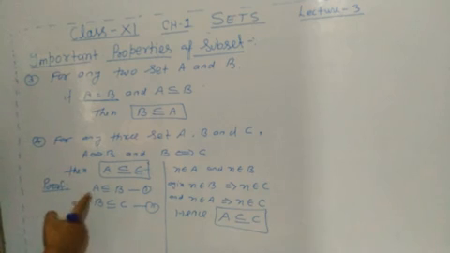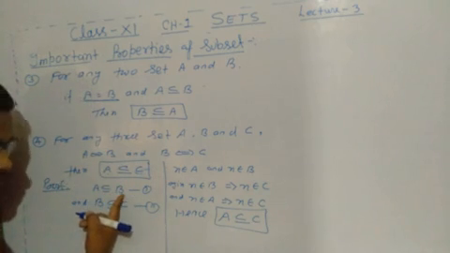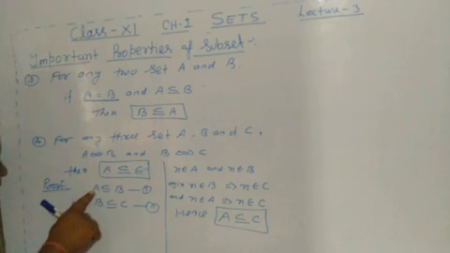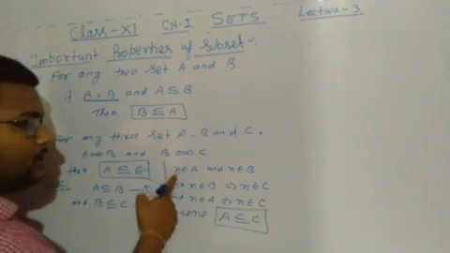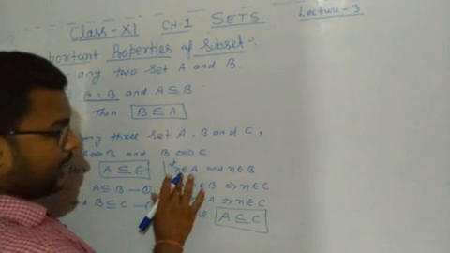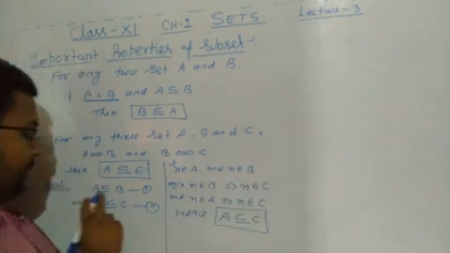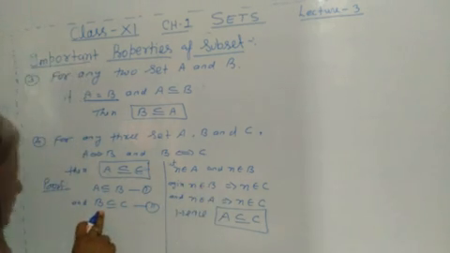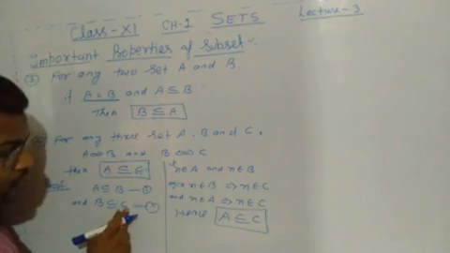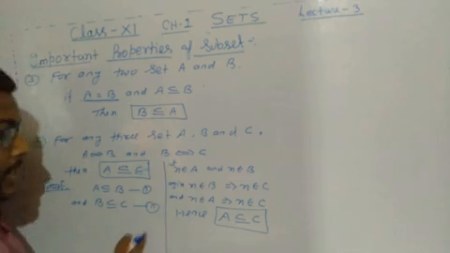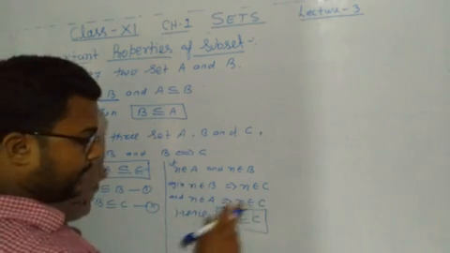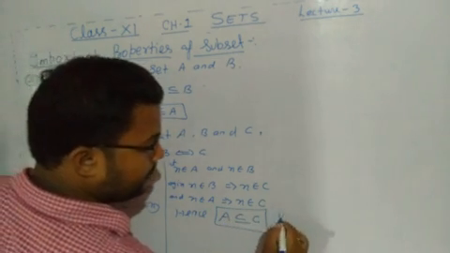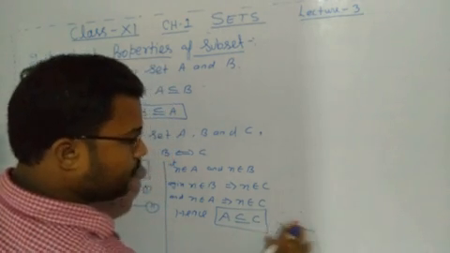Again, let's prove that A equal to B means A is a subset of B and B is a subset of C. The first and second mean each and every element of A belongs to B and B belongs to C. So suppose X belongs to A and X belongs to B, means A is a subset of B, so X belongs to B. Again X belongs to B, so then X belongs to C. So X belongs to A and X belongs to C, hence A is a subset or equal to C, or A subset of C. Hence proved. Okay student, write down.